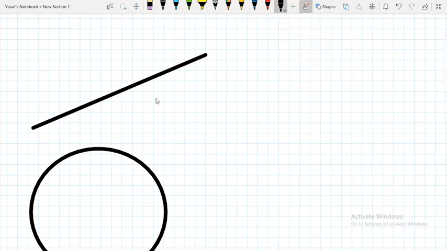In the parametric method, we write the equation of the line as P of u is equal to start point P0 plus u into end point P1 minus P0. And we change the parameter u from 0 to 1. Suppose I take the incremented value as 0.1, then what will happen? We will get 10 points from start point to end point. So by using 10 points, we can construct the line.